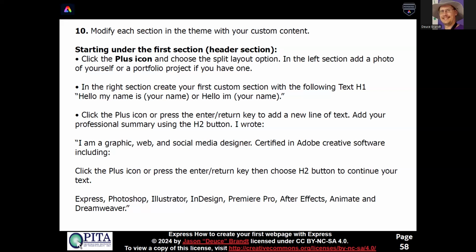What is it that you want to be known for? Are you a graphic artist? Are you a videographer? Are you a website designer? Now, you might say, well, Deuce, I'm none of those things yet. What do you want to be? So add, I'm a professional graphic artist. I'm an illustrator. I'm a website developer. I'm a project manager. Whatever it is, you're then going to highlight that text and choose H2